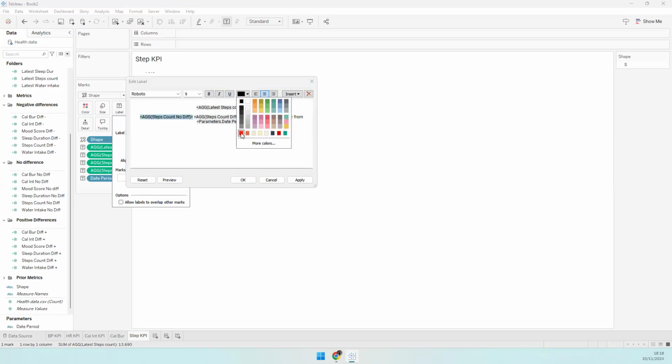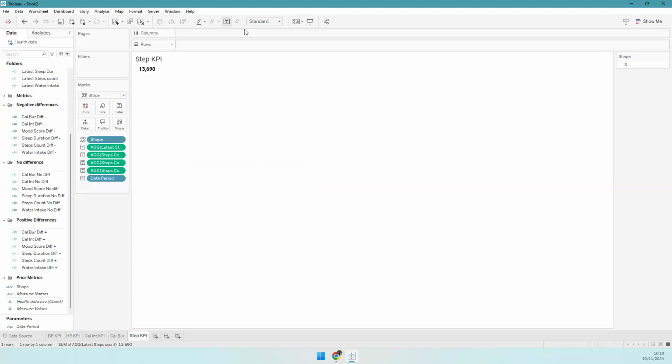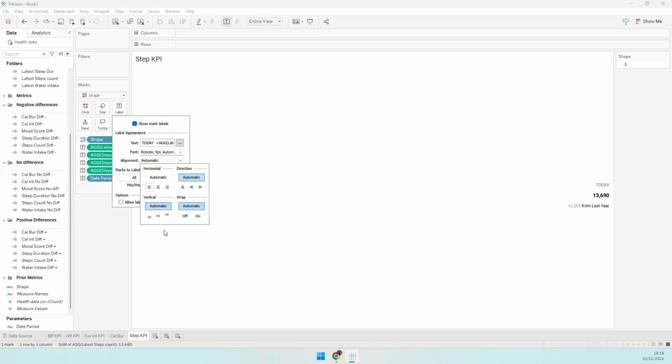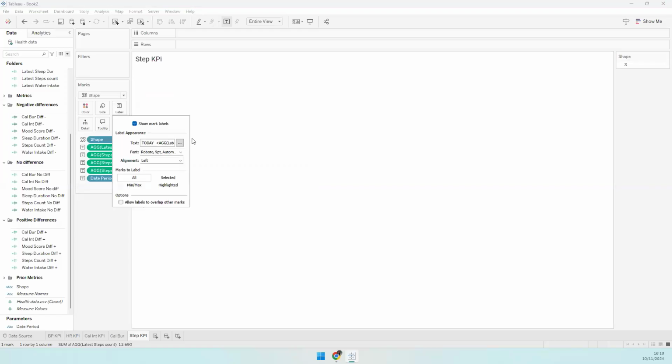This will be red for the negative as well. Bold 11 today. And I'll make this one, okay, no difference is gray. Negative is red. And yeah, this will also be grayed out. I'll do the entire view and I'll align it left. So I'm just going to duplicate. I think this should be